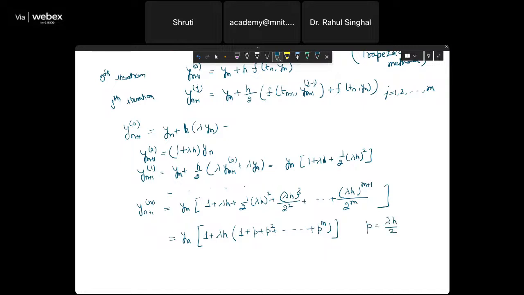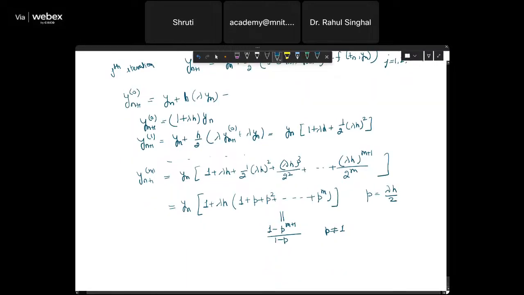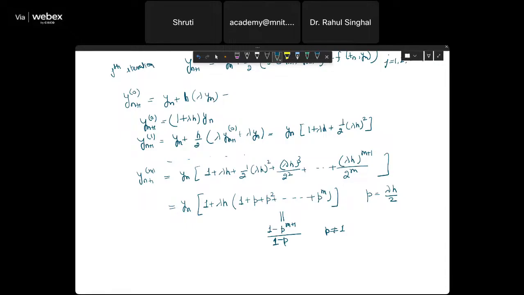So this is becoming a geometric series which can be summed up as 1 minus p to the power m plus 1 divided by 1 minus p, of course when p is different from 1. So this is a finite number of terms showing over here. So 1 minus p. Okay, so this is the case which we are obtaining, and then we can say that y n plus 1 at mth iteration comes out as y n into 1 plus,